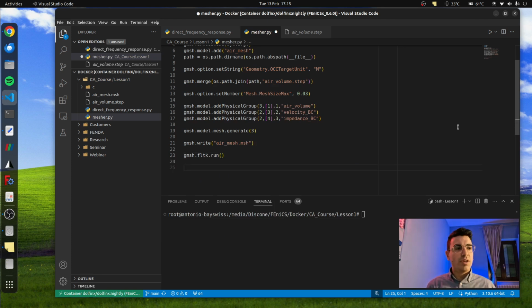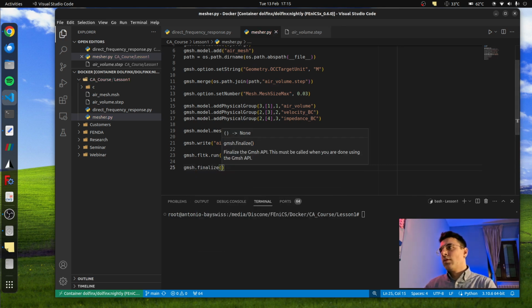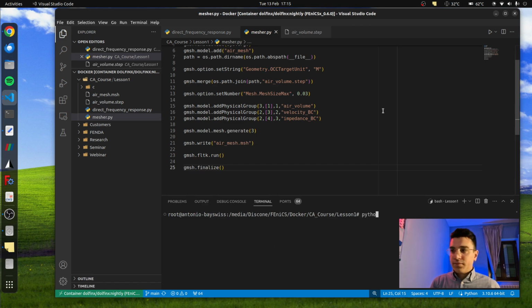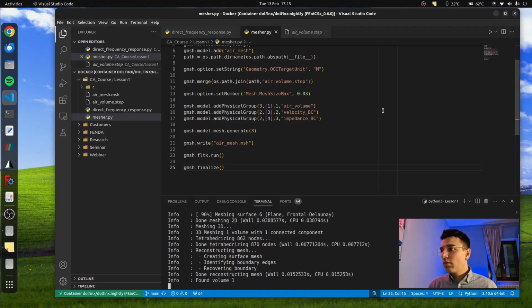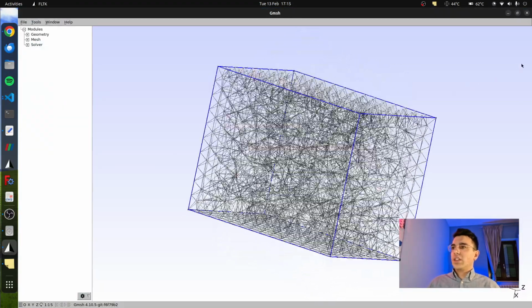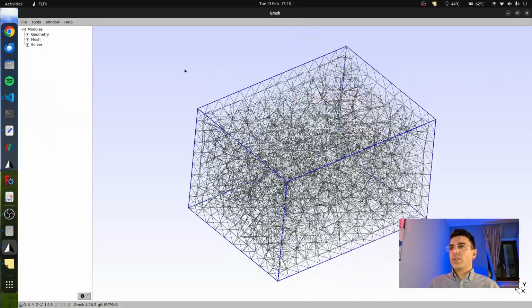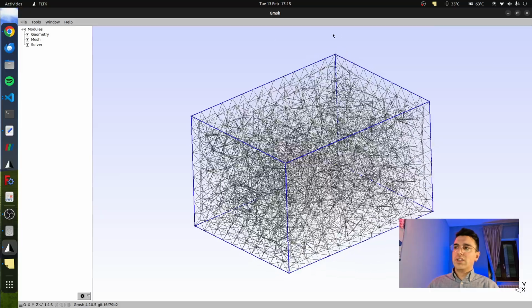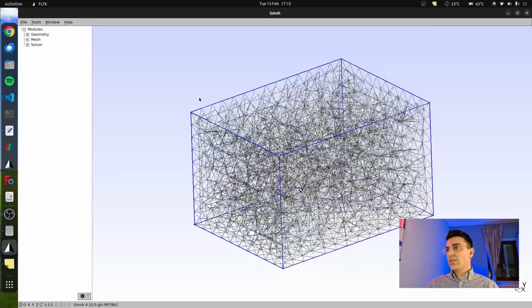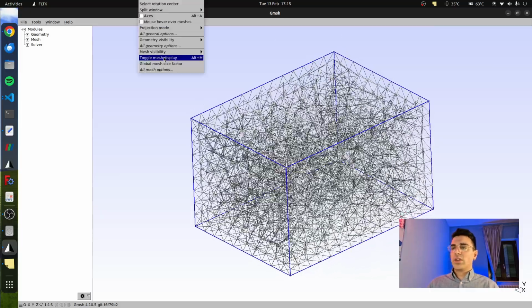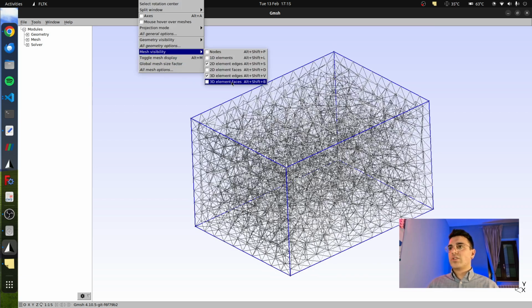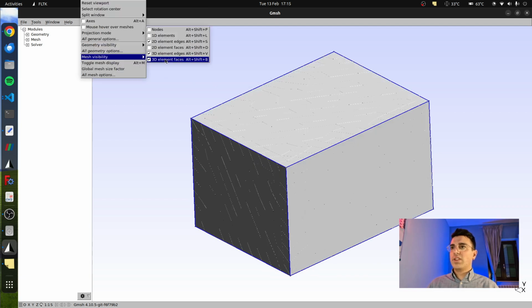Finally we will finalize gmsh. We can run the script. We will see that we just generated a full 3D mesh. If you want to see it in a more detailed way, we can go to mesh visibility, check 3D element faces, check, uncheck